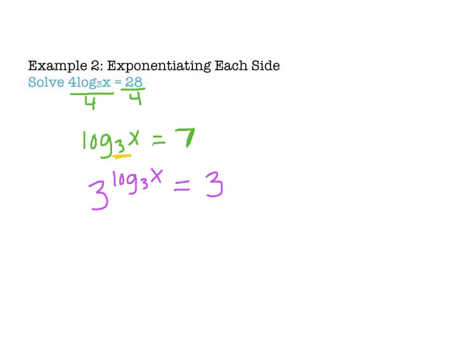Just like every other example we've looked at, these will cancel each other out. And so all I am left with here is this x. So x is equal to 3 to the 7th power, and 3 to the 7th power is